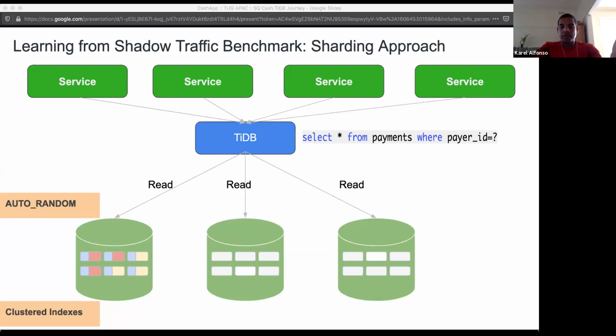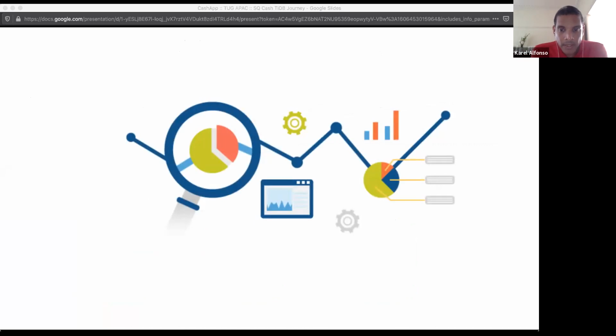I'm loosely representing a shard here as a single database, but in one single TiDB node you're going to have multiple regions, which is the term for a shard in TiDB. But this is very simplified. The idea is that you want most of the data for your query access pattern to touch the least amount of servers or nodes. This is a proposal for which there are issues already created in GitHub. Next slide, please.